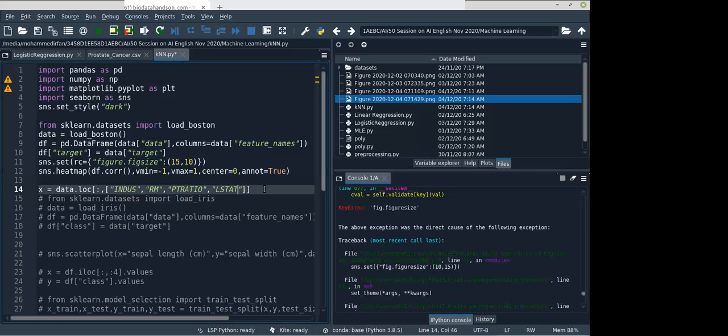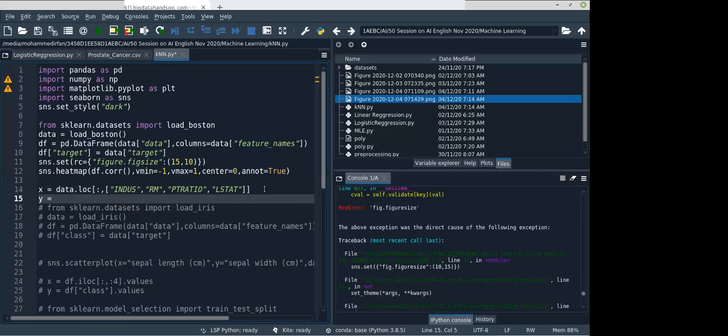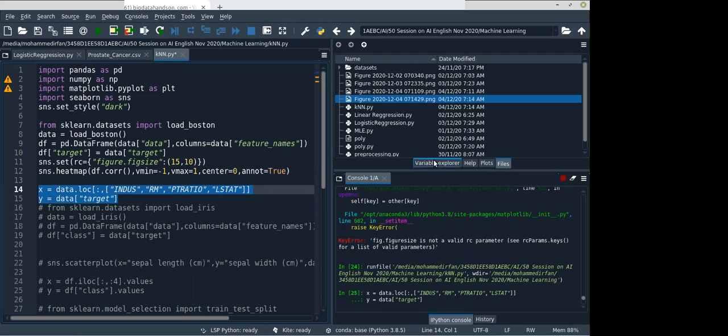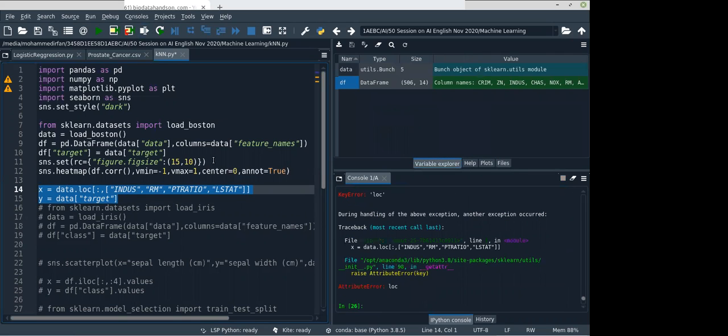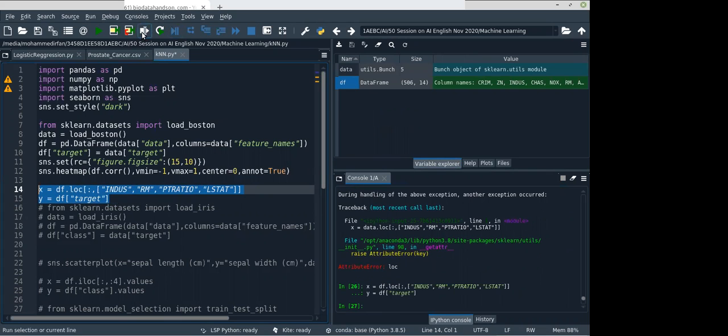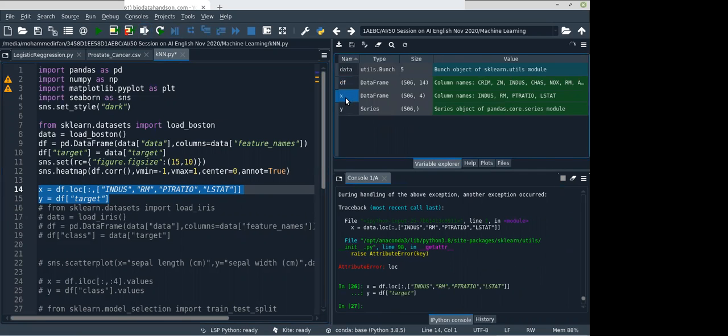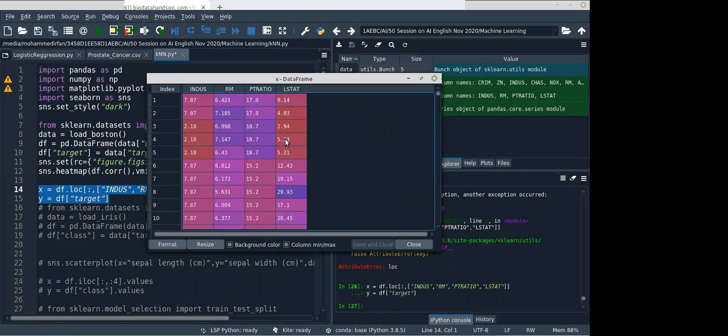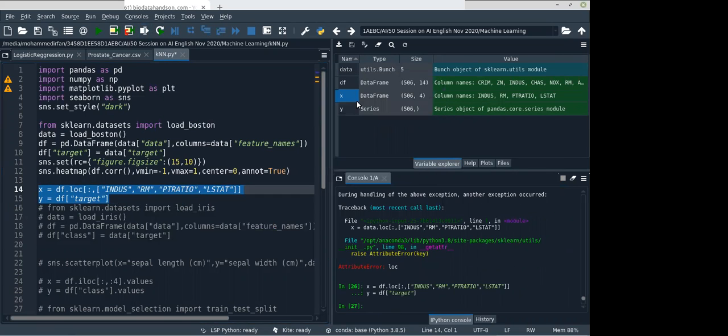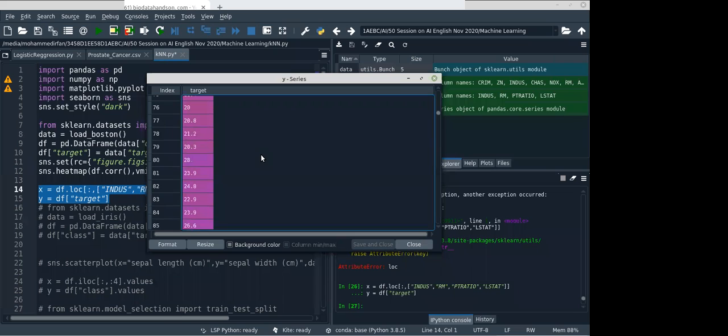Okay. So for y, that is the target variable only. Target. Sorry, not data. That is df, data frame. Okay. Now we got the x and y. We have four variables here for x, and in the y we have only one variable, that is the target variable.